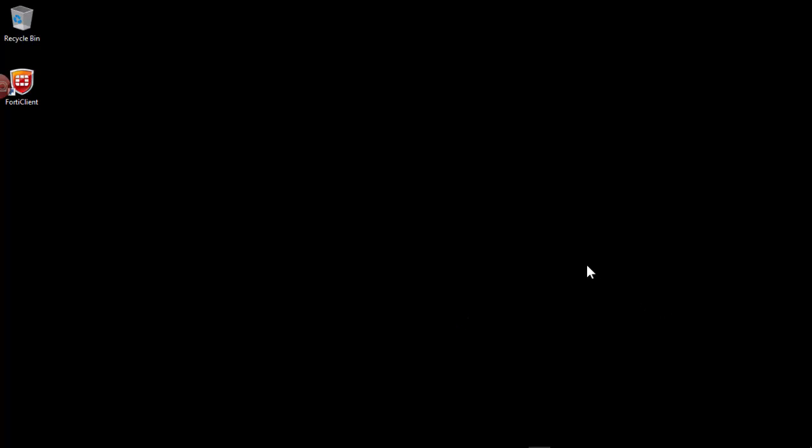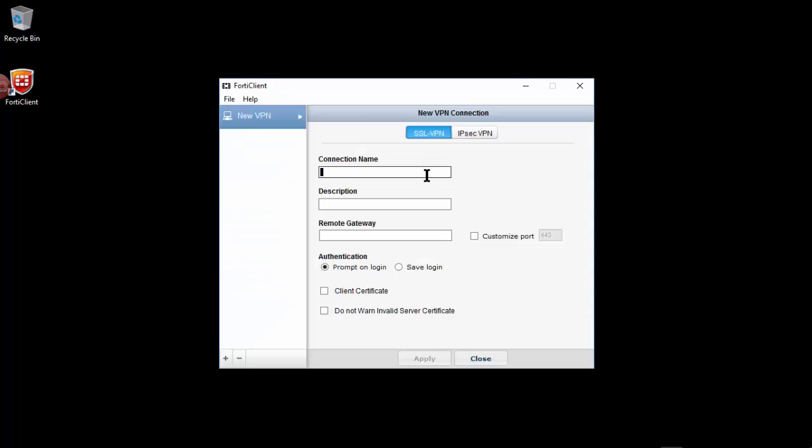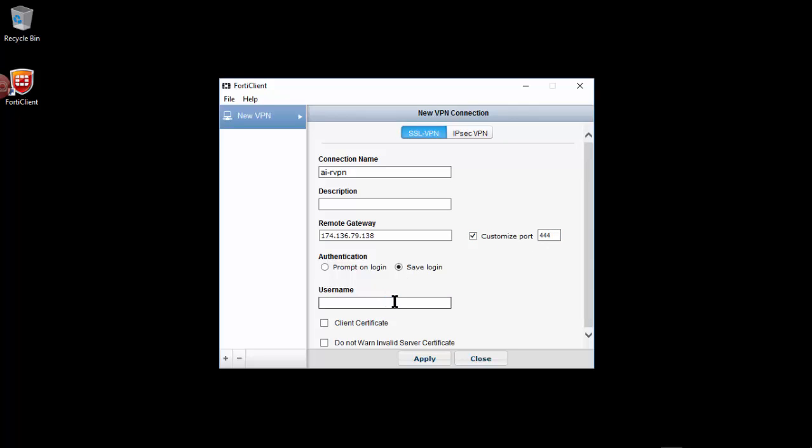Once you have downloaded and installed the FortiClient VPN software, you can double-click the icon to use it. When opening it for the first time, you'll see Configure VPN. We can call this one AI rVPN, but you can name it anything, as well as the description. The standard remote gateway we use for most customers is 174.136.79.138, and we use a custom port 444. We save the login so that you can log in easy each time,